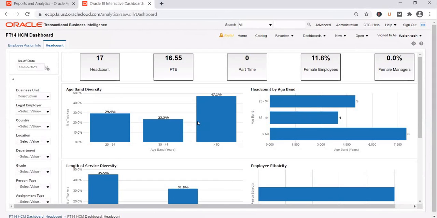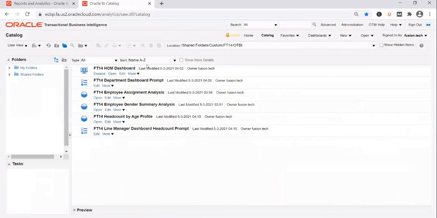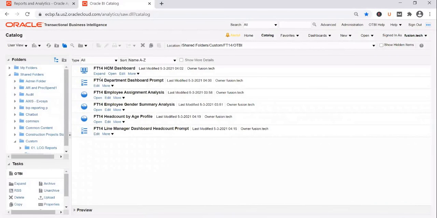Prasad, what are these styles on the top? Headcount, FTE. This is again another report. If you look at the dashboard, if you want to see different possible ways of creating OTBI summary dashboards, that's a good way to start.